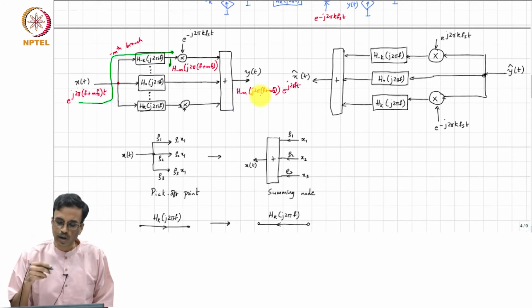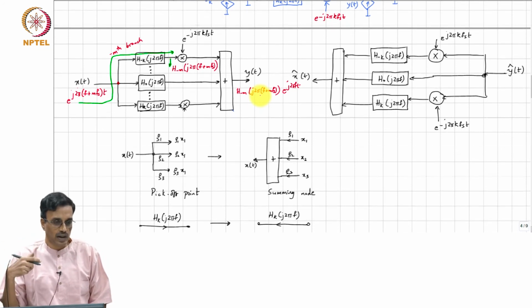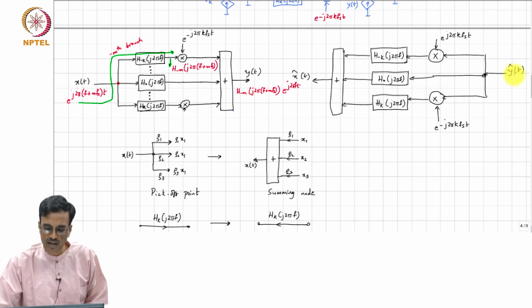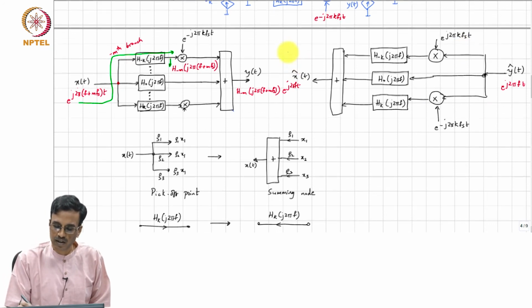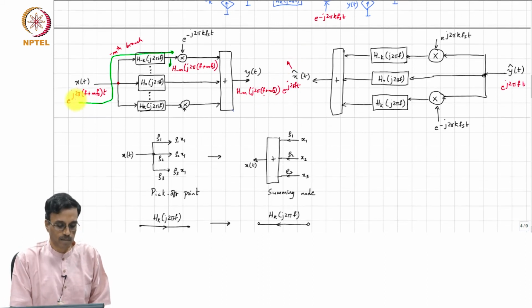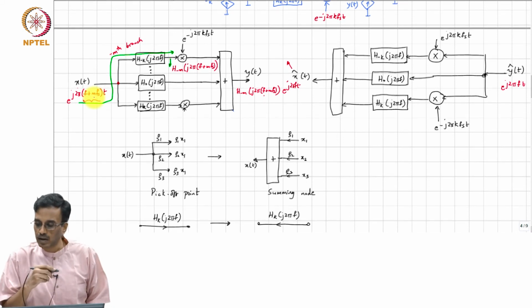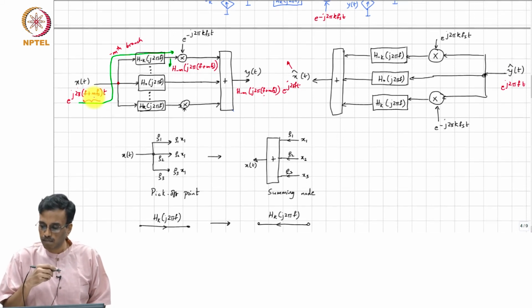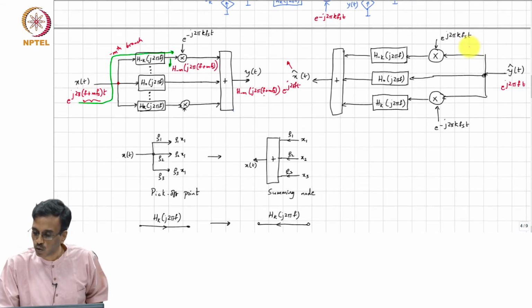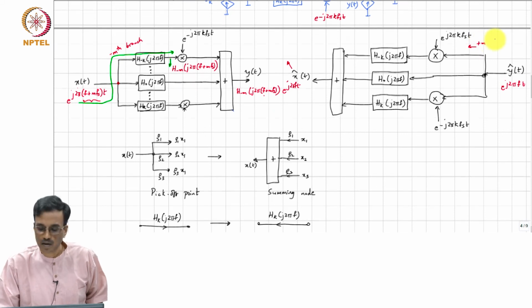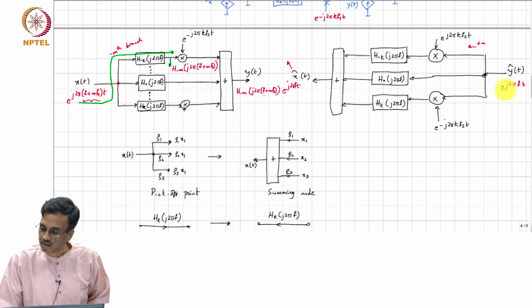Now, the question is what will happen in the adjoint. What would we expect if we excite the output port of the adjoint with e to the j 2 pi f t? What do we see from the signal flow graph? If we are interested in looking at what the strength of this waveform x hat is at f plus m f s, how will it go through? Through the branch where the periodic gain is multiplied with e power j 2 pi m f s. So, it will go through the plus mth branch here. So, what you will see is the signal will go like this.